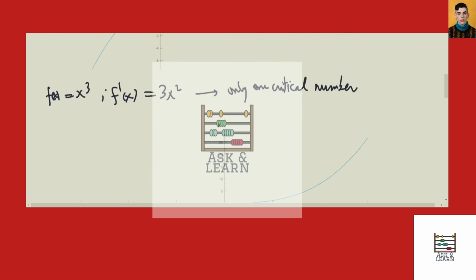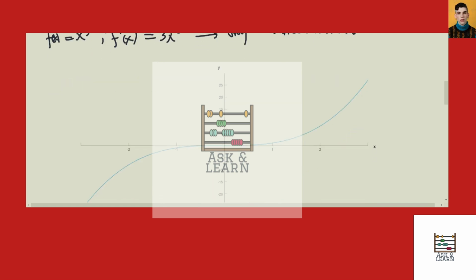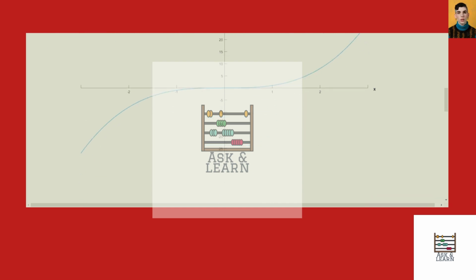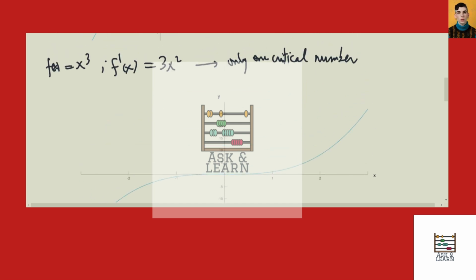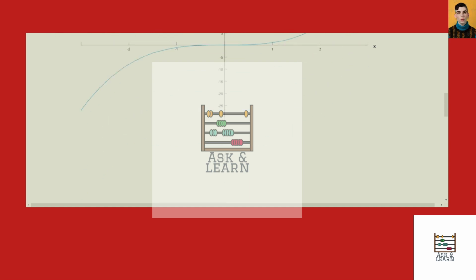Okay, so in fact the root x equals 0 is a third order root, because it's a 0 for the function itself, a 0 for the first derivative, and also a 0 for the second derivative. So it's a third order 0 of the function. But in terms of relative extrema, it's not a relative extremum at all, but it is one critical point, because there is only one root for the first derivative. And the other example we will show here is